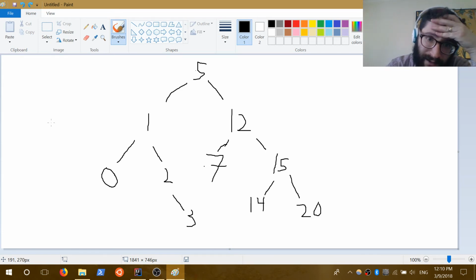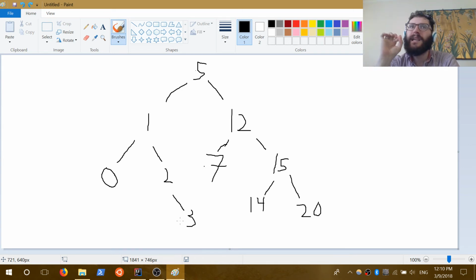So how do we find these things? Now that we know we can replace it with what's called the in-order predecessor, the thing that comes before you in an in-order traversal, or the in-order successor, the thing that comes after you, how do you find them? That sounds really complicated, but it's actually one of the easiest things to describe. It's slightly harder to code, but really easy to describe. To find the in-order predecessor, the biggest thing that's smaller than you: